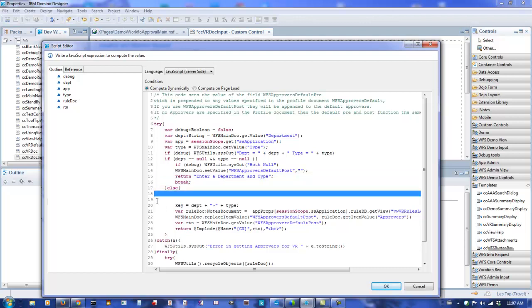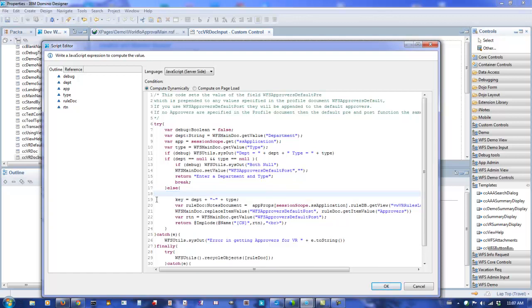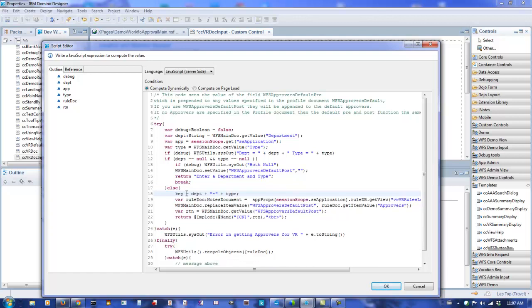And then it comes down to the else statement, which builds a key. The key is the department concatenated with a tilde and the type. And then it gets the WorkFlo. And the WorkFlo is, again, here's the app's properties. It gets looked up using the current application. I could just put app in here as well because I do use it up here, a little redundancy. It gets the rule database, gets the view